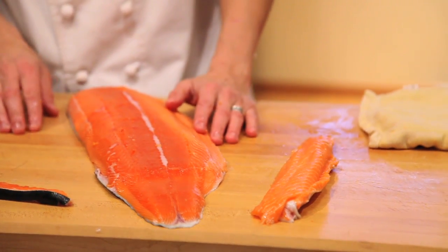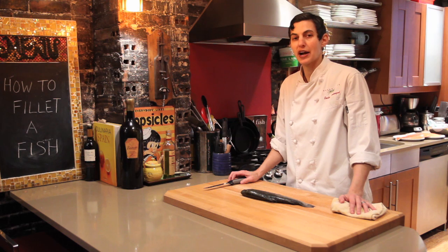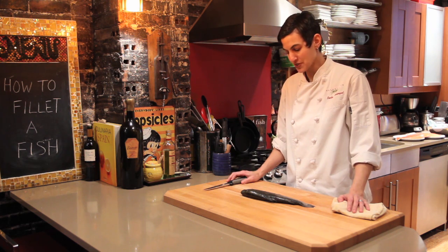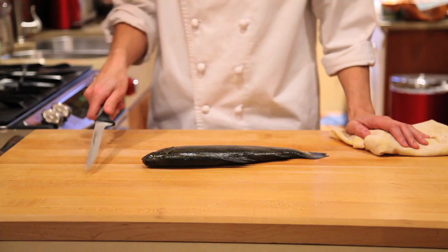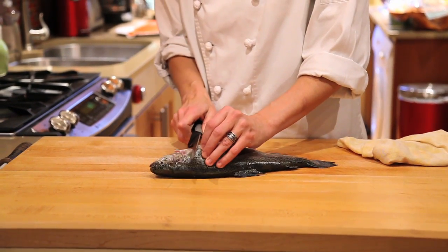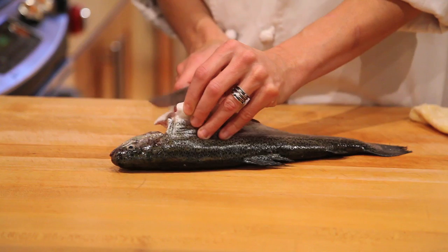Next I'm going to show you how to fillet a trout. Very same procedure, just on a much smaller fish. Alright, so now we're going to fillet a trout, which is basically the same exact procedure, it's just on miniature scale here. I'm using a slightly smaller boning knife with a little bit of flexibility. I'm going to do the same cut that I did before on the salmon, which is right behind this first fin. I'm going to cut through